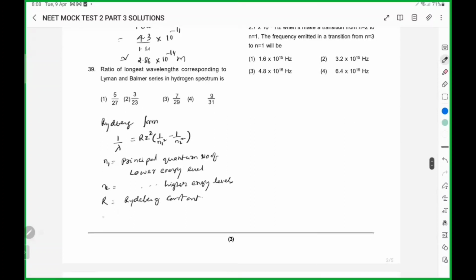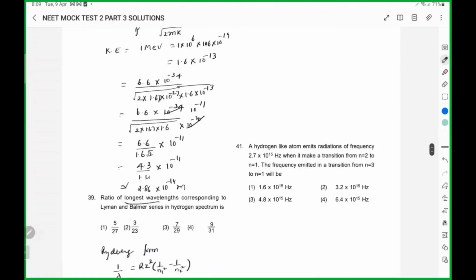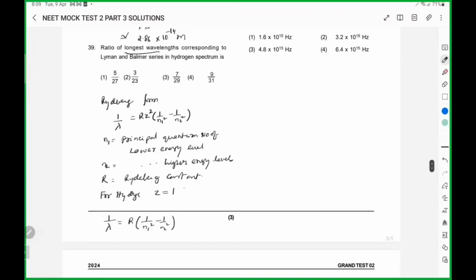And for hydrogen, Z is 1. So 1 by lambda is equal to R Z square into 1 by n1 square minus 1 by n2 square. Here, in place of Z, we will substitute 1. We said longest wavelength means maximum wavelength. So we'll have a maximum wavelength